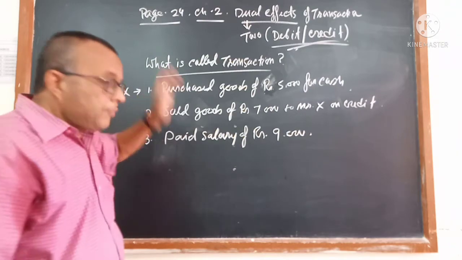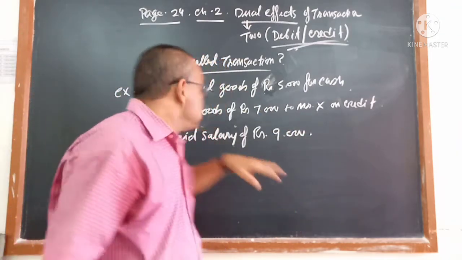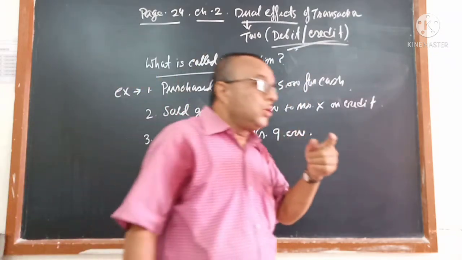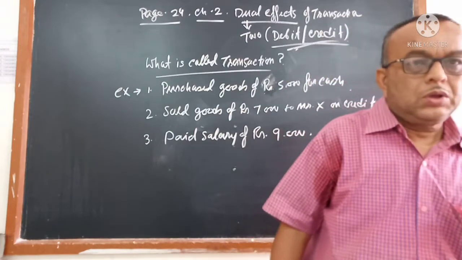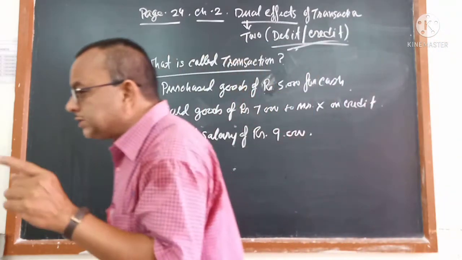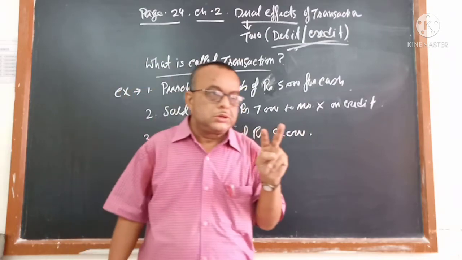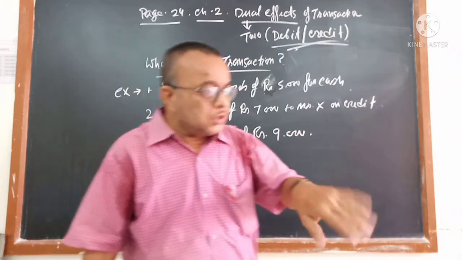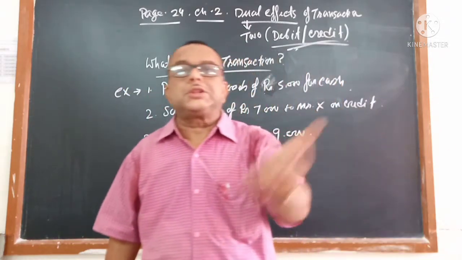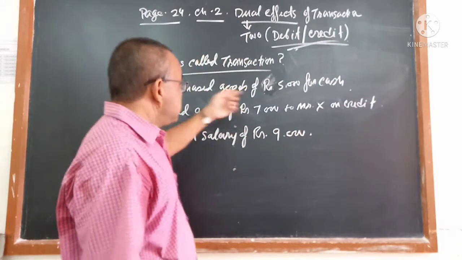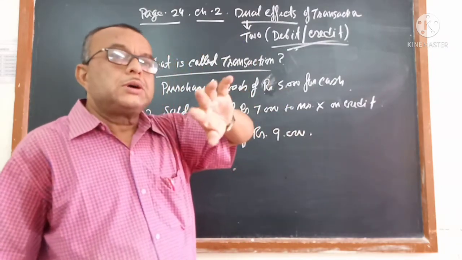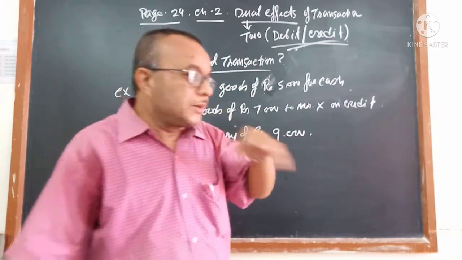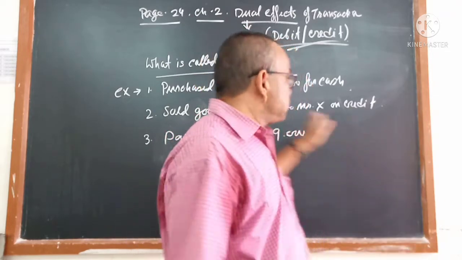First of all, I have to find out whether it is an event or a transaction. Purchase goods of rupees 5,000 for cash. Who purchased? You. Who are you? You are the owner of your business. So in every transaction you will find one side out of these 2 persons, because 2 persons are required. One person is you, and another one is maybe a third party. One is you who purchased and another one is who sold. The name is not given, but somebody sold, for that you purchased it. So you got 2 persons.